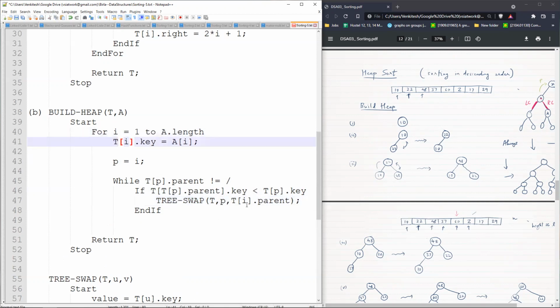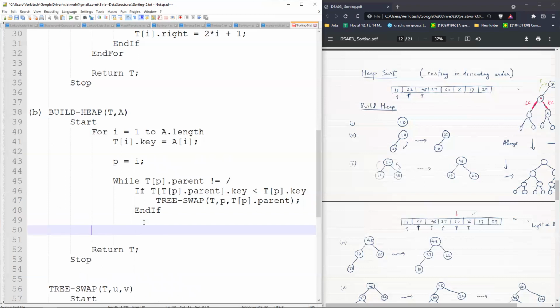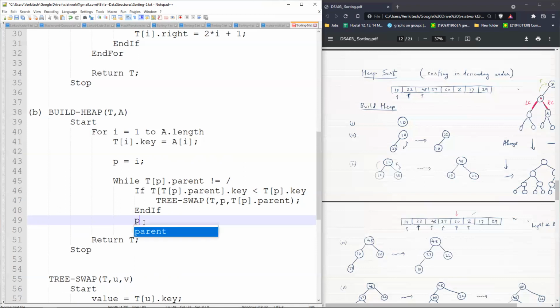So we cannot change its value. Okay, so we store this value in another pointer P, and we will now just change the pointer value for P. Okay, so now P, we will change it to P equal to T of P dot parent.